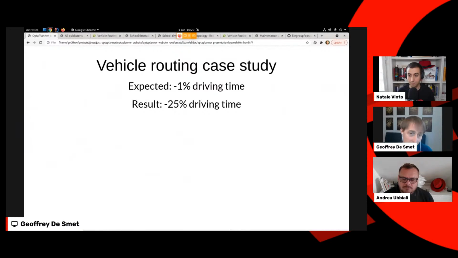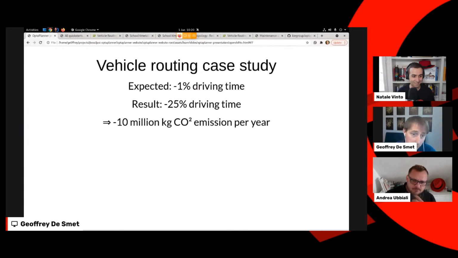This was year over year, right? They were doing it for decades. They were doing it in a certain way with human planners or traditional algorithms, a combination of those. And then year over year, they switched to constraint solvers. They tried multiple. They ended up with Optaplanner because it gave the best results. And Optaplanner year over year reduced their driving time by 25%. That was tens of millions of CO2 emissions per year less, which was nice.